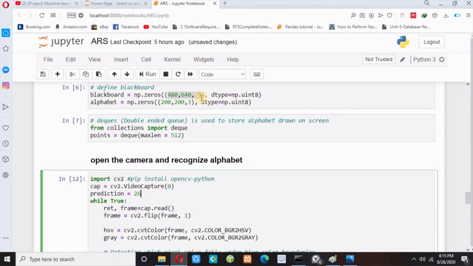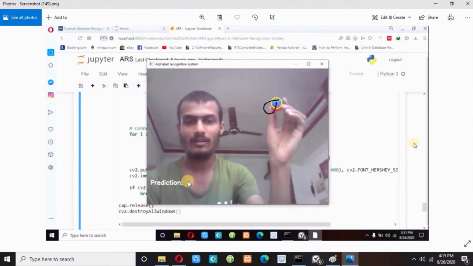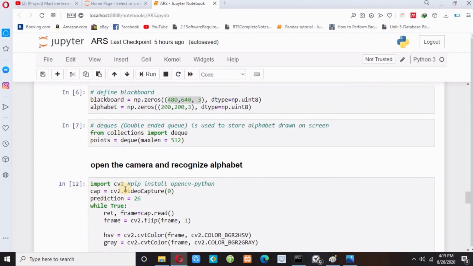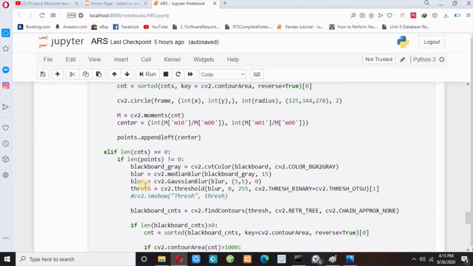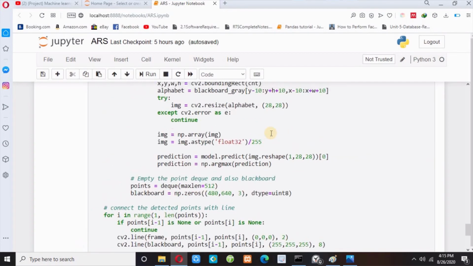Why? Initially when I open my webcam, there is nothing to predict, so it will show me empty. You can see over here initially prediction is shown here, but it will show nothing. So initially prediction equals to 26 means it will show nothing.